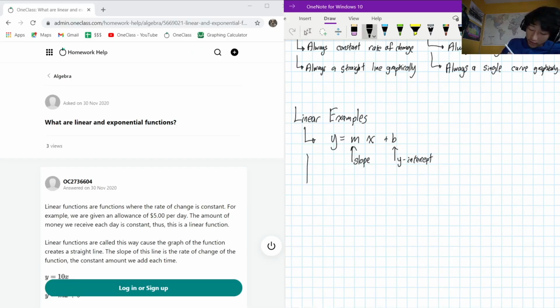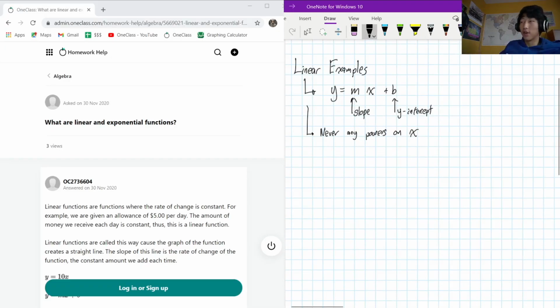You should never have any powers on x, and you'll be linear. So they are a straight line. So maybe some graphical examples of this. Okay, if I'm drawing an XY area like this,